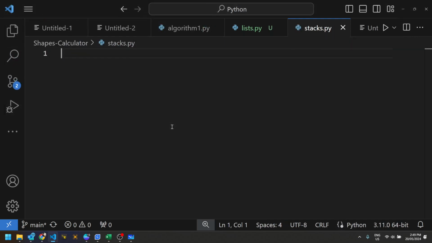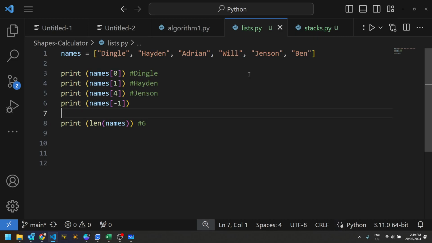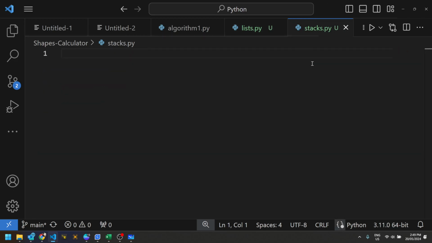Now a list is not a data type. It is what you call a data structure. It's a way of taking primitive data and making it more complex. So what is Dingle on about? Well, I just took a string and made it more complex, didn't I? Now I have more strings. A stack is similar. However, it is what you call a first in,